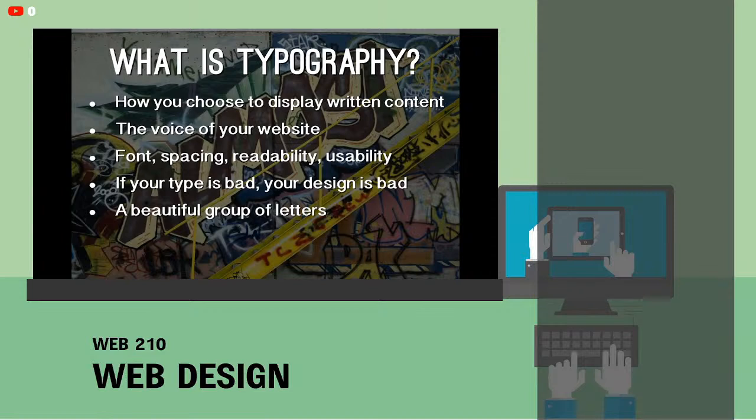Online, and we'll talk more about this in just a little bit, that means a sans serif font. That means larger, what we'd call in the print world leading, what we call in the digital world line spacing. Maybe a little bit of tracking, a little bit of kerning, a little bit of letter spacing, as we'd call it in the digital world,